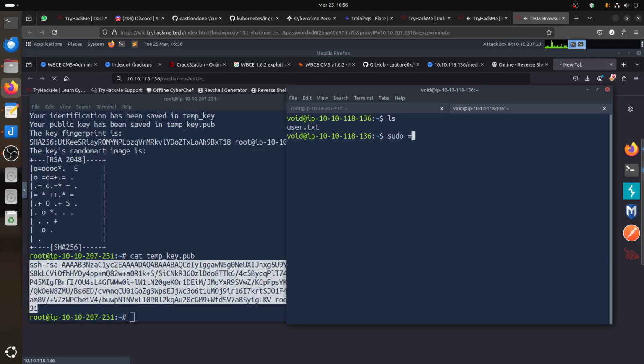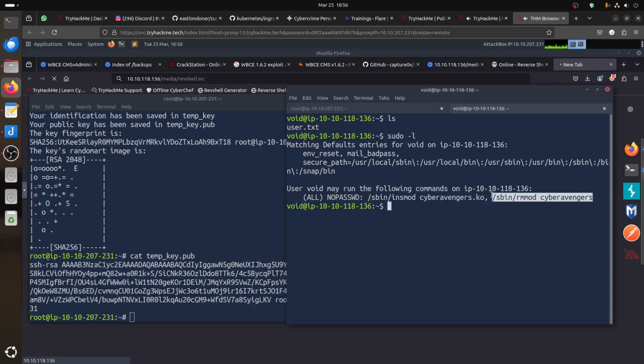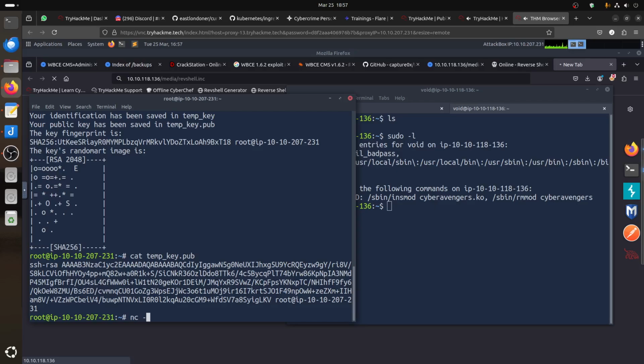When you do sudo minus l, it tells you very straight. You can see this is a Linux command: when you load the kernel module, this is when you unload them, and this is the reason. Imagine if they gave us only this and not this, so if you make a mistake, you can't correct yourself, you need to restart the room because you crashed it or something. So the idea, because this is classic kernel stuff, is that we can go with